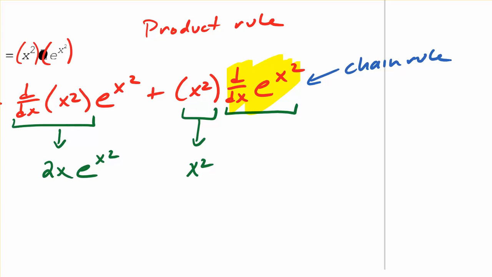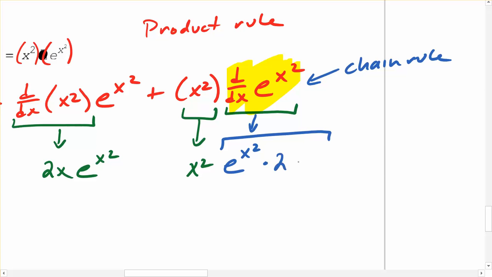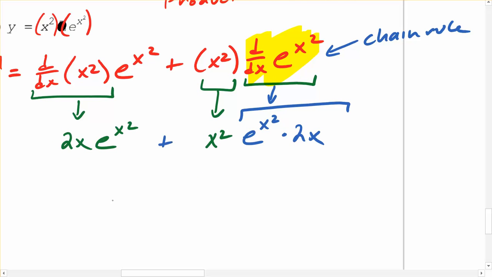What's the outer function? E to the x is the outer function. And what are you putting in for x? X squared. There are other ways to compose it, but this is the way you should use. So this is going to be e to the x squared times what? What's the derivative of the inner function? Times 2x. So the final answer is going to be 2x e to the x squared